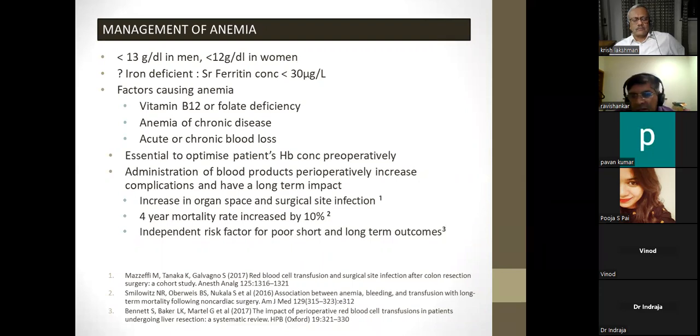Pooja, you mentioned all the causes for iron deficiency or anemia. Yes, sir. The important thing is this one: there will be cachexia and also marrow suppression, especially with malignancies. So that is another major contributor for anemias, in addition to others. Yes. And this theory about blood transfusions affecting the patient's long-term outcomes in terms of cancer has